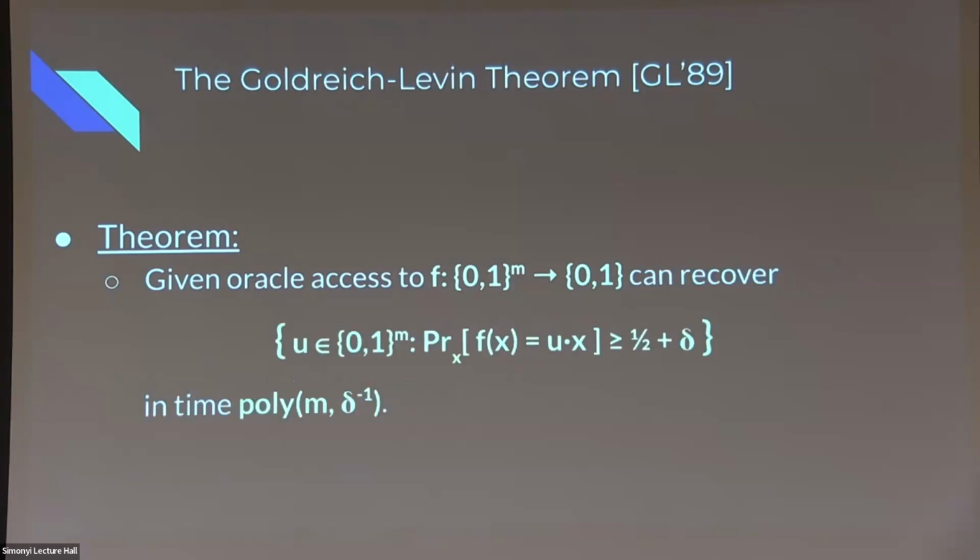And okay, to be formal, once the probability gets this far away from 1, there might be more than one u that has this property. And Goldreich-Levin says no problem, you can recover the full list of u's that have good agreement with your function in time that's basically efficient. So in particular, the list will be small. Correct. The list will be small. You can show that, and then you can recover the entire list in time. The list size, I think, is delta to the -2. You can show,